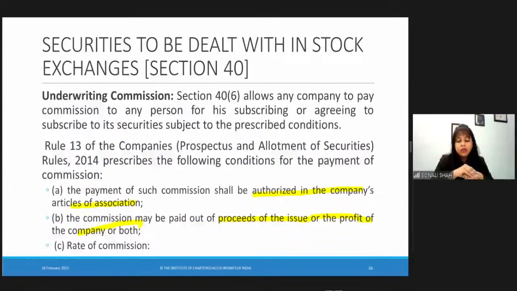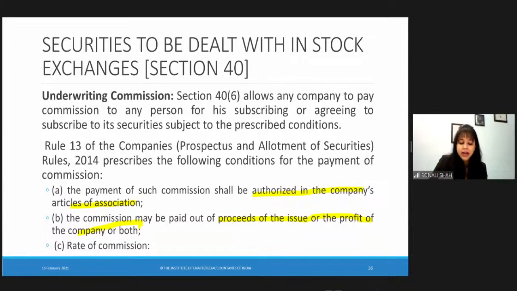If you see the entire process of allotment of securities, drafting of prospectus, and approvals from the stock exchange, it requires a lot of paperwork, right? So we have institutions and people who are specialized in this. Underwriters are such people who help you by giving you a comfort that all the money being invested for raising funds from the market will not go down the drain, right?